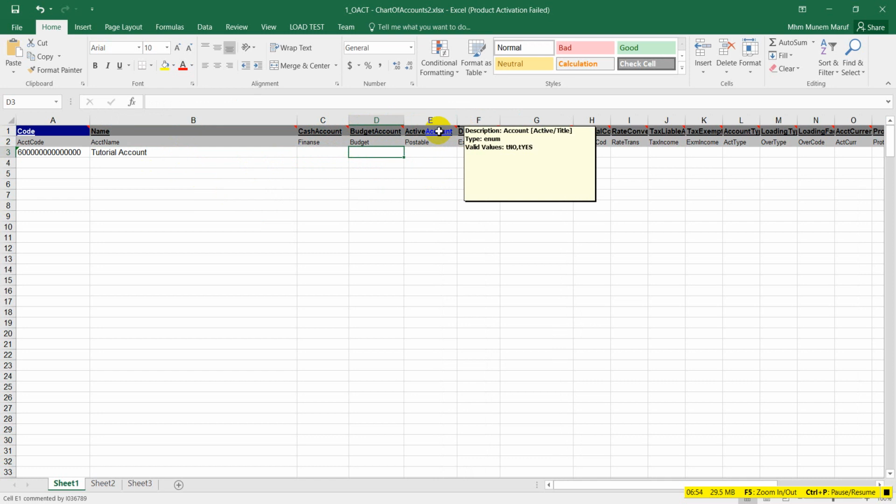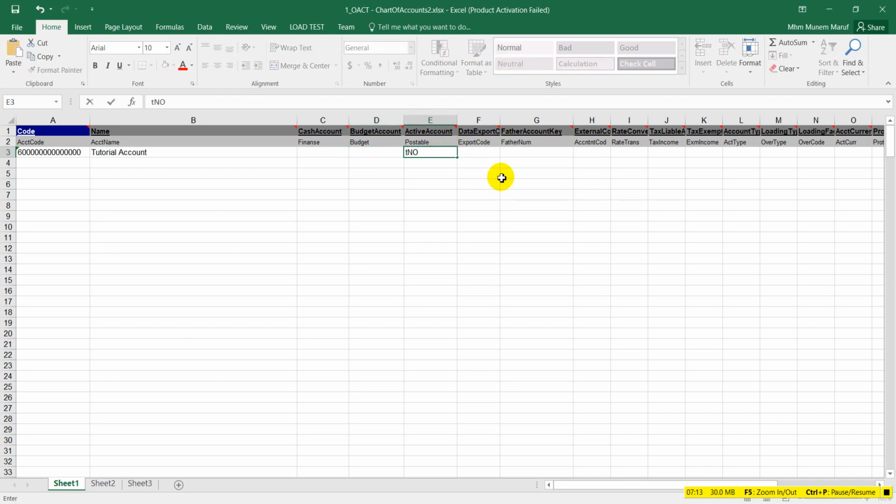We need this one. So as we have previously seen, the parent accounts are all title accounts. The valid values are T no and T yes, as you can probably see in the tooltip. So we're going to insert T no, because this is not an active account. In fact, this is going to be a title account, and this one is already the topmost level parent account,